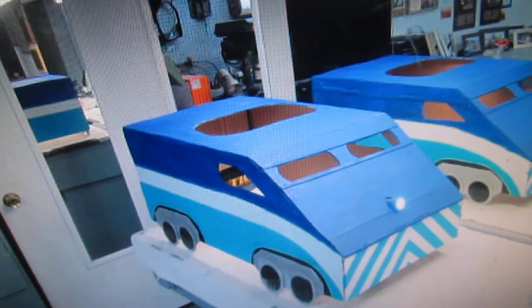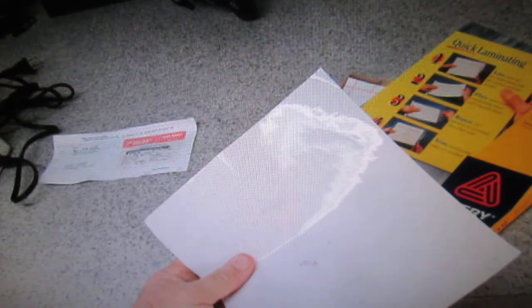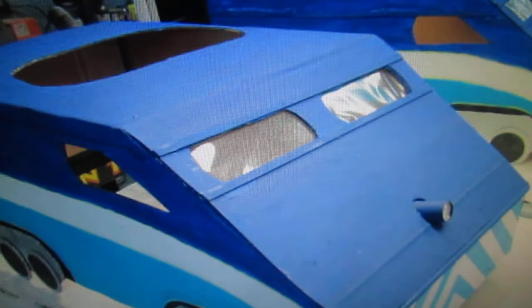I don't know. But anyway, again, what happened is the headlight being turned on and off, even when it was here, before it was really finished, it turned out to be something the baby was really attracted to. And this is the single-sided, I call it glass. It's plastic that you laminate driver's licenses in and stuff. And we made windows with that. Again, we're trying to keep it simple. It's a fun project, and you know,